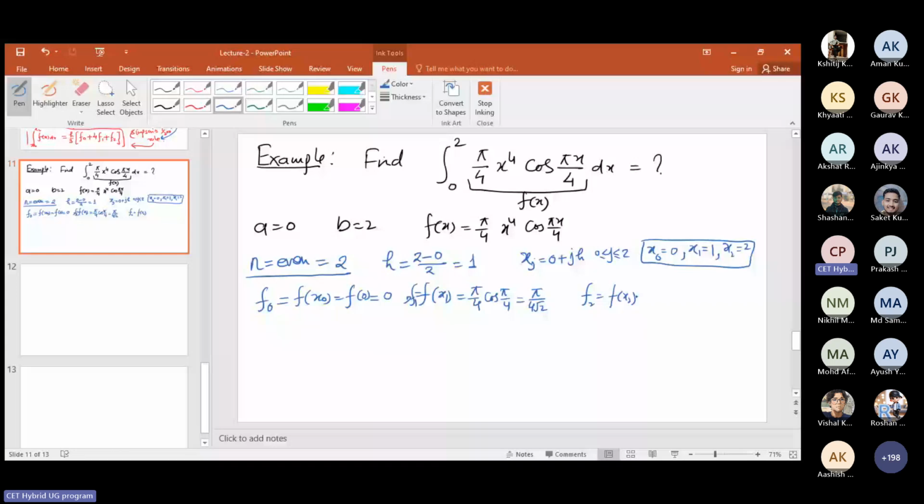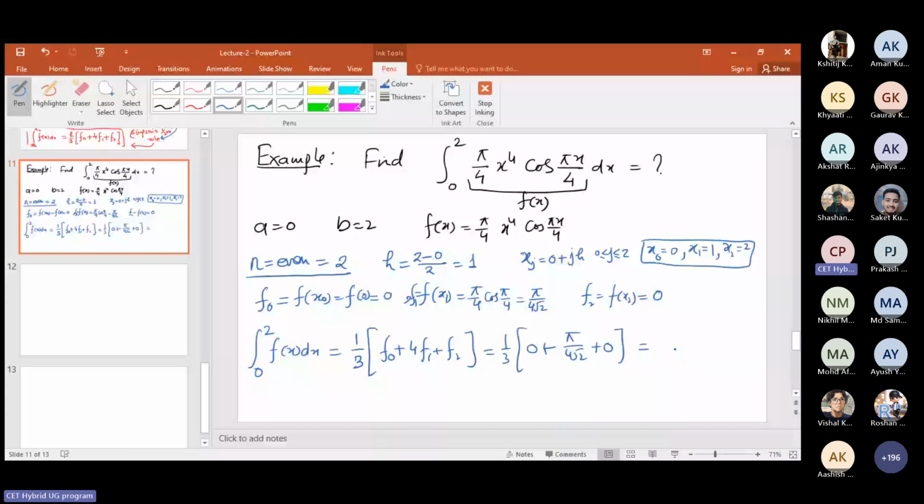और f2 का वैल्यू f at x2, अब इसको कैलकुलेटर से आप निकाल सकते हो। f at x2 कितना हो जाएगा, x की जगह पे आपको रखना है अब 2। ओके, तो जैसे आप 2 वैल्यू रखोगे यहाँ पे cos पाई बाई 2 हो जाएगा। cos पाई बाई 2 का वैल्यू 0 होता है, सभी को पता होगा। ठीक है, तो सिम्पसन्स 1/3 से ये वाला देखो, इसमें कैलकुलेटर भी ज्यादा यूज नहीं होगा। सिम्पसन्स 1/3 से fx dx वो h/3 [f0 प्लस 4f1 प्लस f2] हो जाएगा, h इज 1, उसका वैल्यू निकालोगे तो 1/3 [f0 इज 0 प्लस 4f1 पाई बाई 4 रूट 2 प्लस f2 का वैल्यू 0]। सॉरी, 4f1 है ना, 4 यहाँ पे आएगा। सो फाइनली जब कैलकुलेट करोगे तो ये आ जाएगा पाई बाई रूट 2,